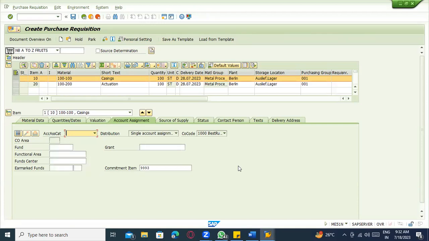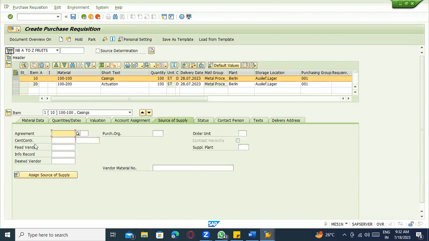Okay, consumption. Then coming to the source of supply, if you have any agreements, vendor list, or info record information, you can mention it here. If this is for this material and this plant, and you enter the purchasing organization,